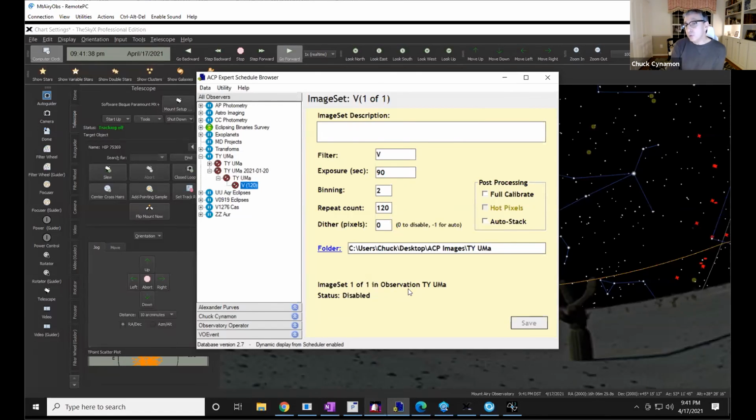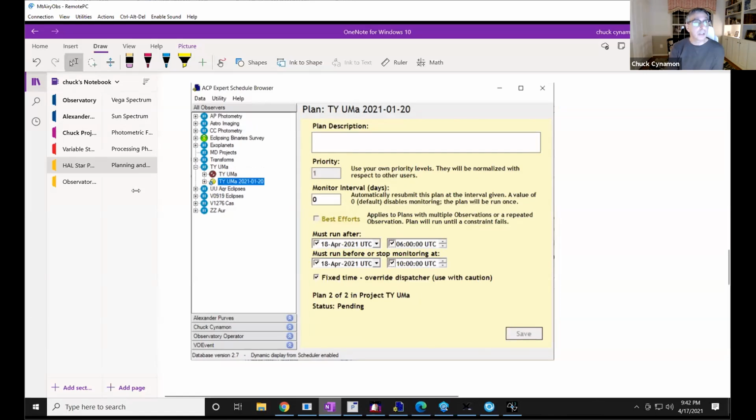And now the scheduler has it. And now I just go to sleep. I hit go and I enable the scheduler. And now it's going to know at 6 a.m. it needs to open up. It's going to go take the pictures. It'll save them. And whether it's for me or some of my partners, they know where to go find the data once it's been collected.